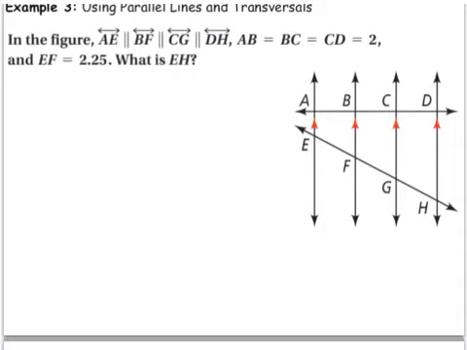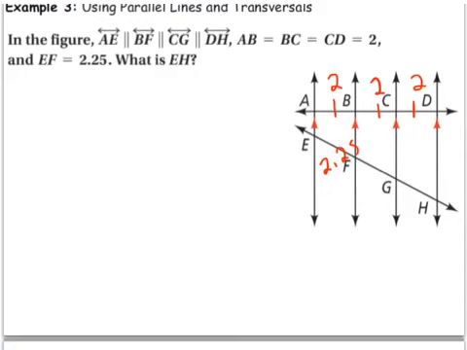All right, last example. This one's pretty easy. In this example, we know that AE is going to be parallel to BF, which is parallel to CG, which is parallel to DH. We're also given information that AB is equal to BC, therefore they must be congruent, which is equal to CD. They also all equal 2. We also know that EF equals